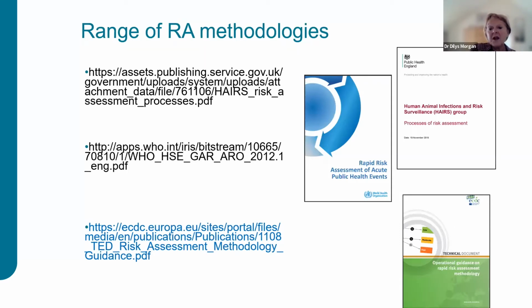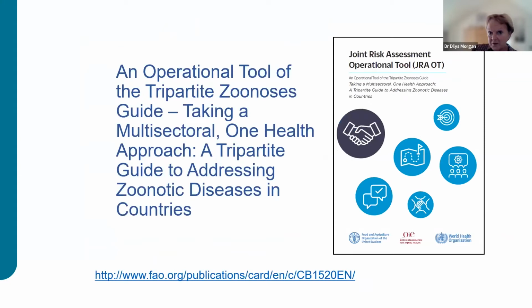There is the WHO and there's the ECDC. But probably most relevant and most familiar to many of you is the tripartite zoonosis guide or quadripartite zoonosis guide. It doesn't quite trip off the tongue quite as easily yet. The operational tool or the joint risk assessment. I think this is what most of us are familiar with and what we mostly use for infections and incidents